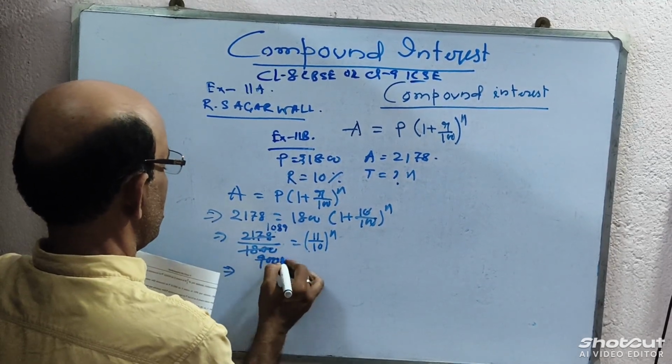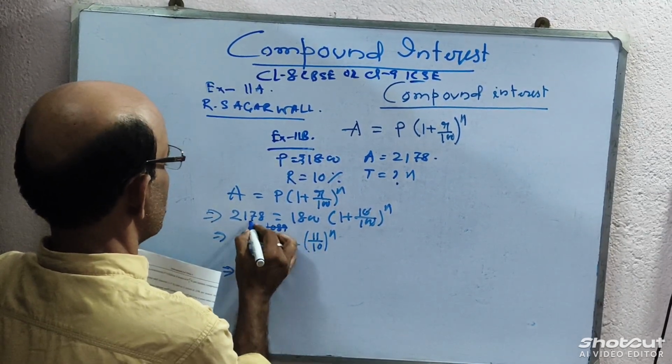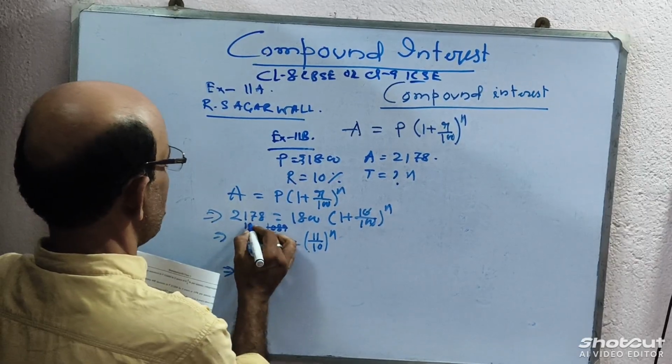Nine ones are 9, 9 ones are 9, 1 carry 18, 9 twos are